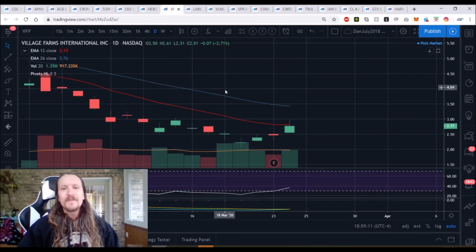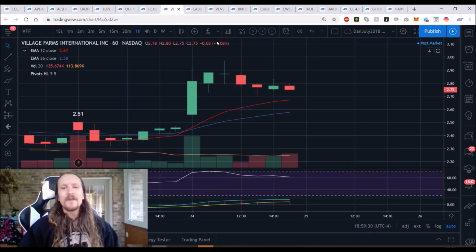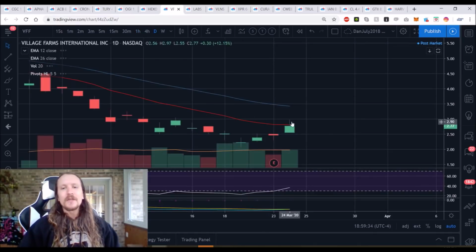set. VFF, another one of these names that's starting to get extended and starting to look for a bearish entry. I probably won't have access to an easy bearish entry, but just the fact that we've gone from 207 to 297, and that is what, a 40% move in a few days with no daily trend change, hourly time frame, still in an uptrend. When we lose the hourly uptrend, we zoom out and look for the daily higher low